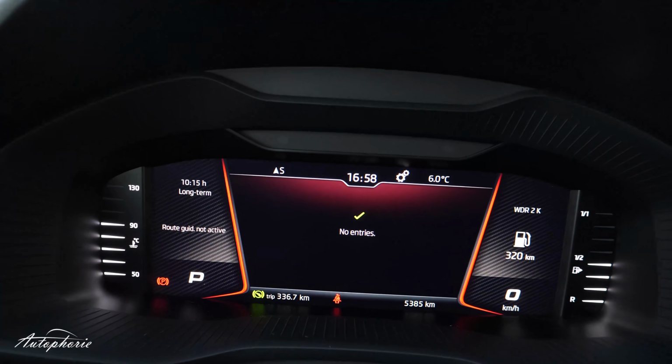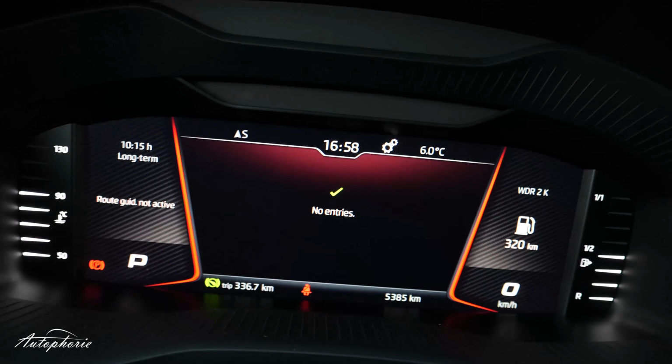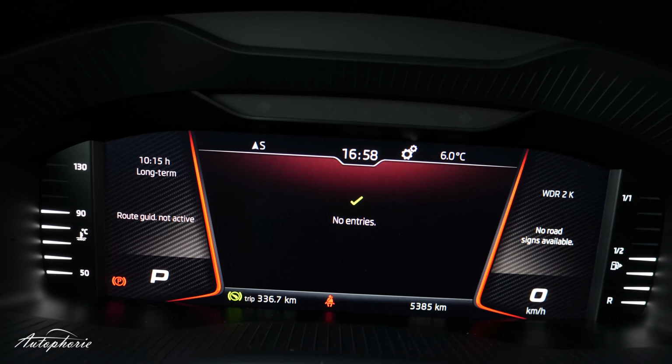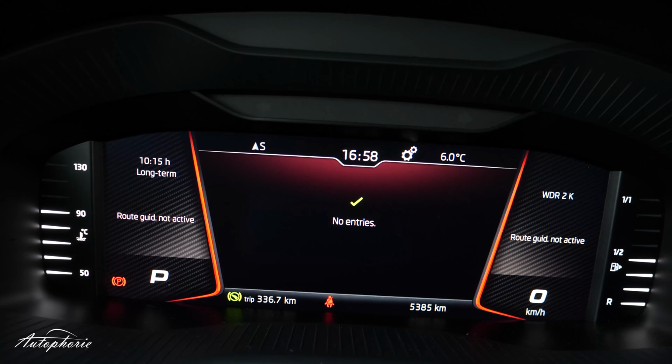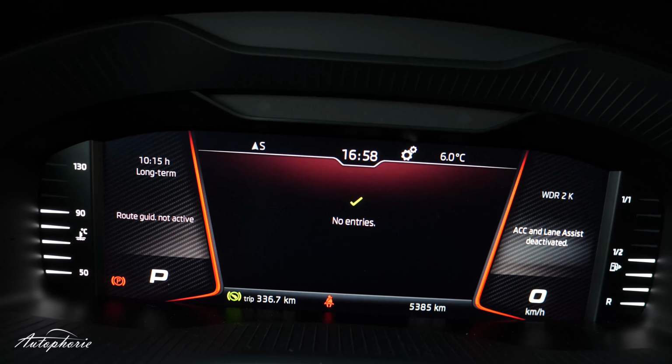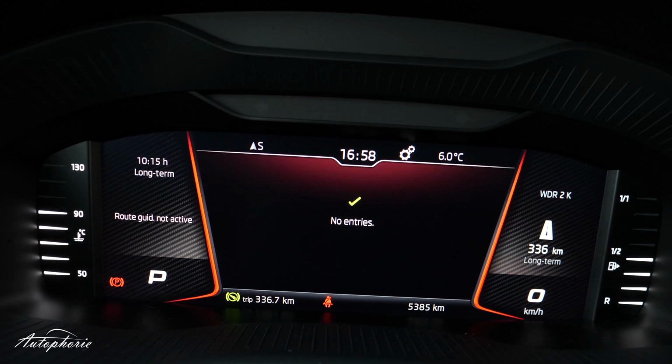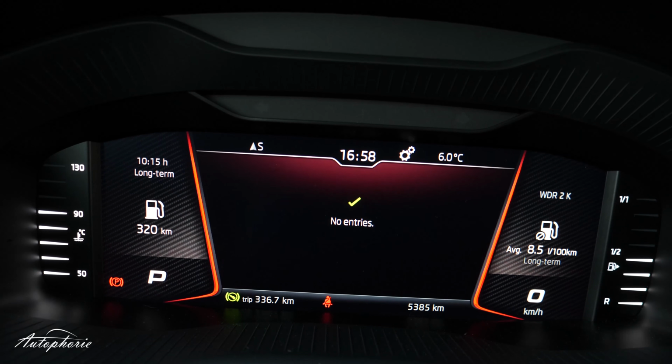And now we take a closer look at how it looks in the virtual cockpit itself. Now when I change the right hand side, it takes some time, but it's actually quite responsive, much better than when you scroll in and out in the navigation itself.